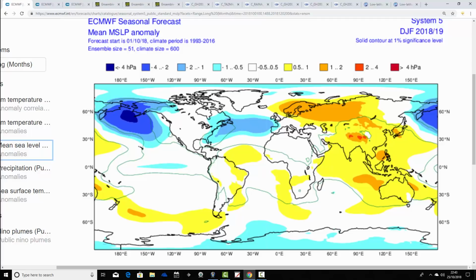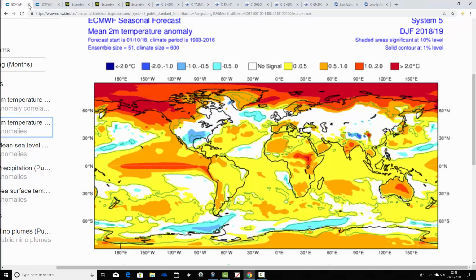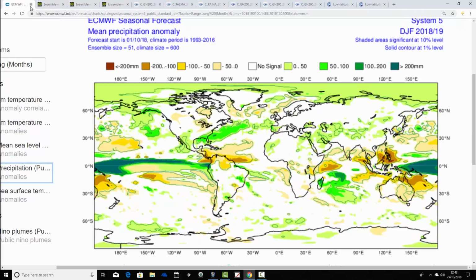It has reduced it quite a lot, actually, compared to last month. But there is still hints of high pressure over Scandinavia for this winter, so a cold winter certainly couldn't be ruled out. Temperature anomalies through this winter are forecast to be close to average through the UK, not a big deviation either way. And then in terms of the precipitation anomaly, again, you see there's this idea that it's drier